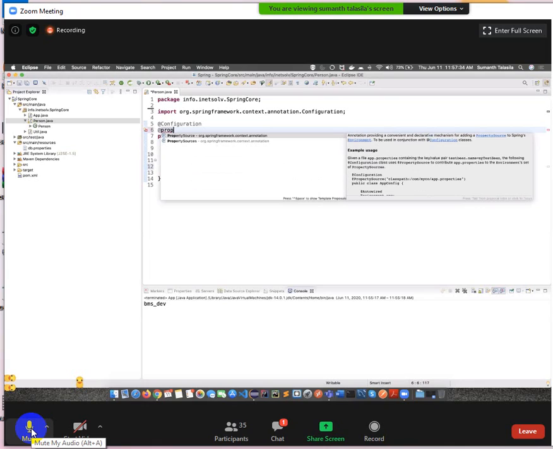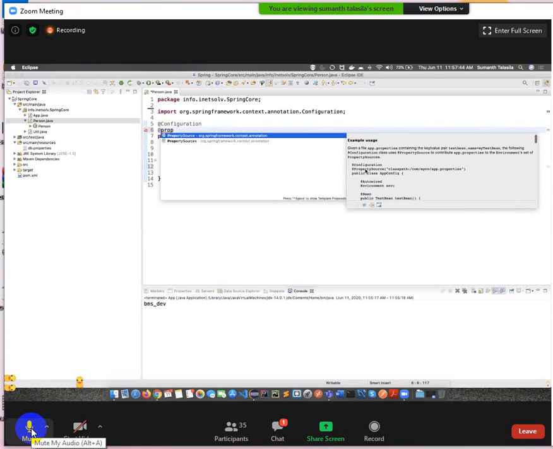Maybe property file. They have already answered. Property source. If it is a property source, look at these configurations also. Are they giving an example also or not? Yes, sir. What is this here? Property source of what? File path, class path. Class path colon. What is this? Fully qualified name.